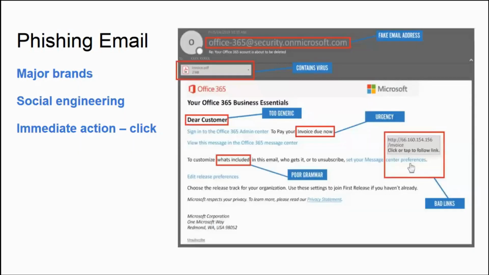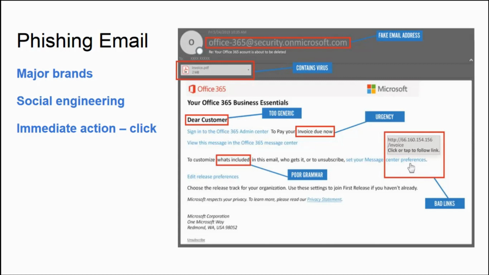Now we are going to discuss phishing mail. Phishing is one of the most common methods for infecting organizations with ransomware. The reason is that people are very comfortable receiving mails. Typically, ransomware emails will masquerade as an email from a major brand.